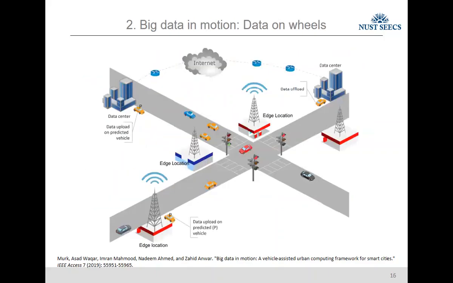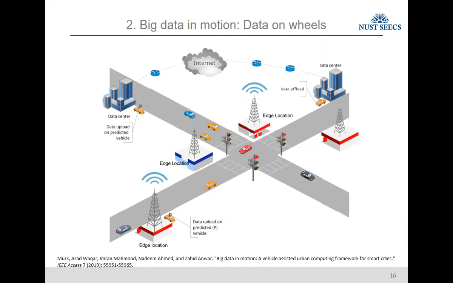Okay, so to tackle this problem, we came up with this idea: if we want to transfer data within a certain range, which is connected to the road network, why not utilize the ongoing electric vehicles or intelligent vehicles to carry your data, right? This is some kind of data center, and we want to transfer our data here, because data centers usually keep a copy in a separate data center. So in case of disaster, they can recover your data from the different data centers.